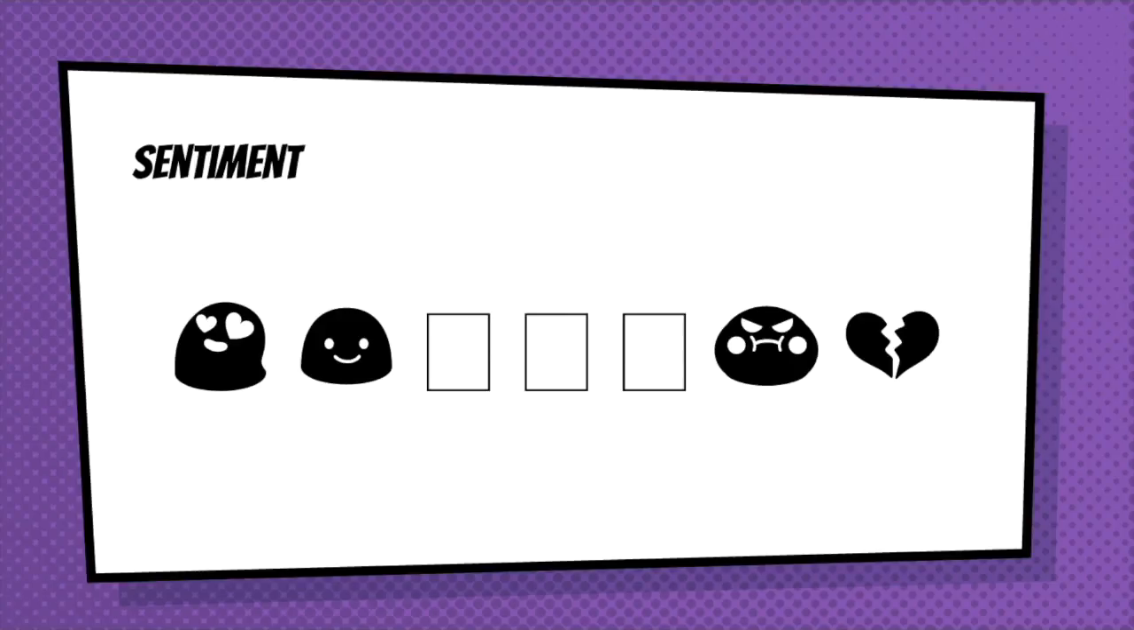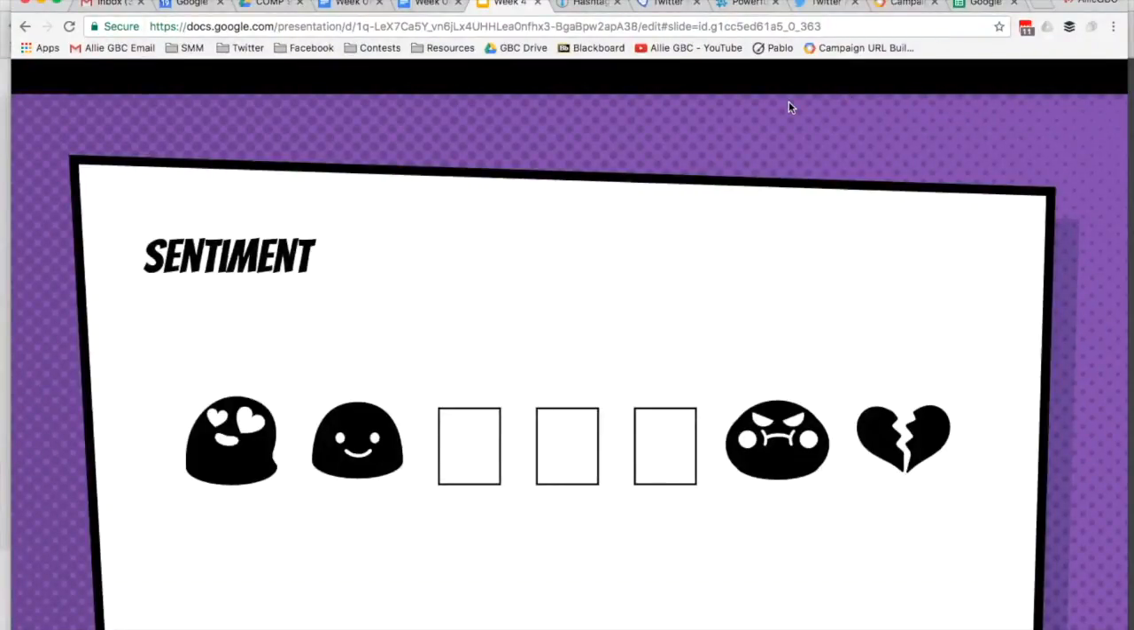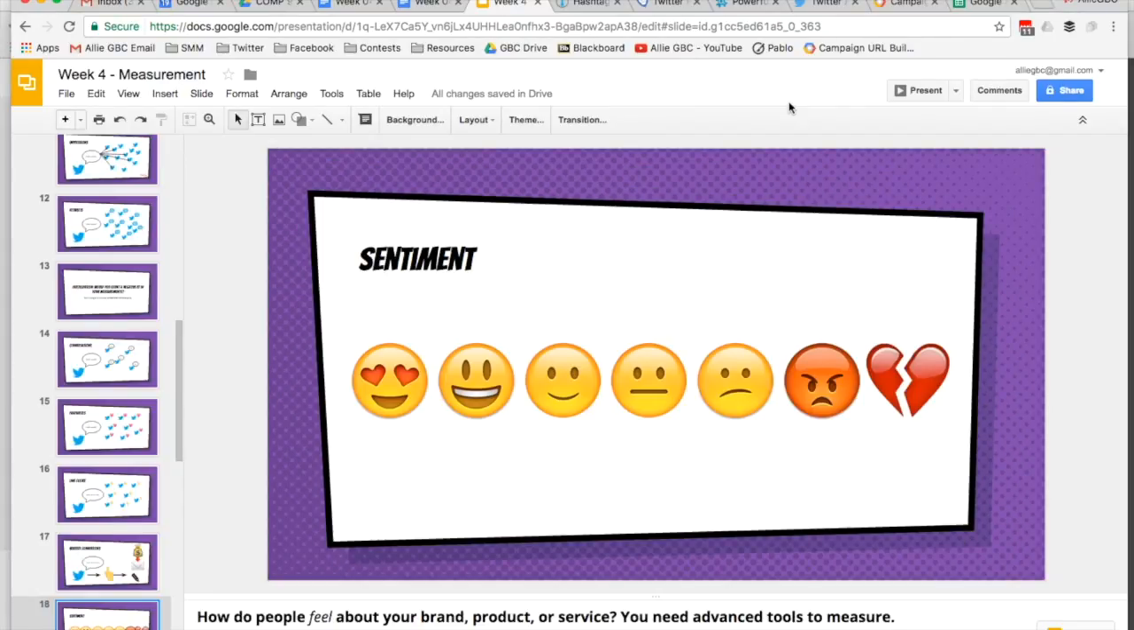Again, sentiment. How do people feel about your brand, your product, your service, whatever? You do need advanced tools to measure this. Hootsuite has an advanced sentiment scoring. Something like the Pardot tools, these are all Salesforce tools, and these are all incredibly expensive. We're talking thousands of dollars a month. There are ways for you to get that information,